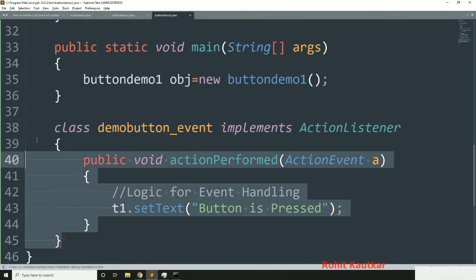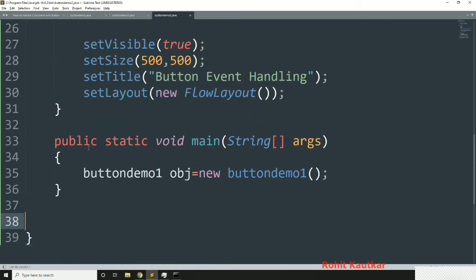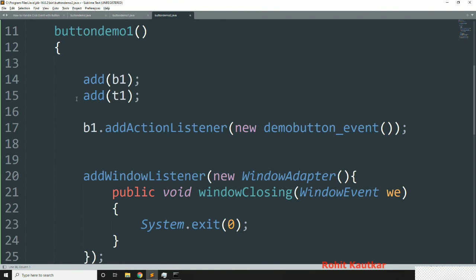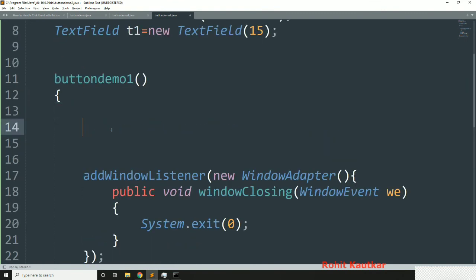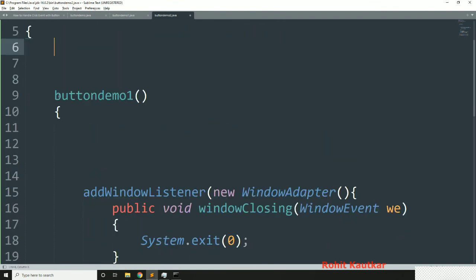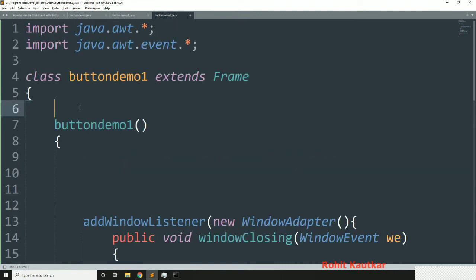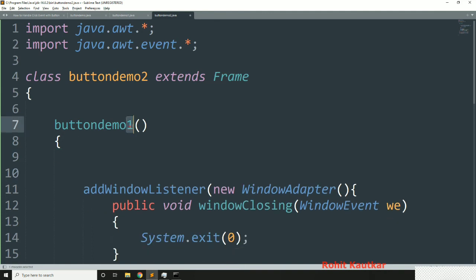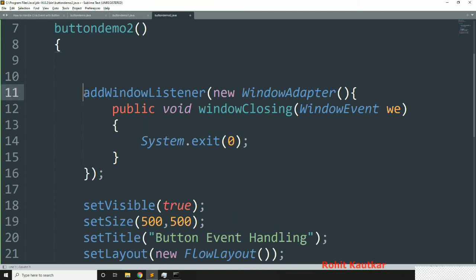I will remove all the unnecessary things and keep just the basic things. Okay, the basic structure is ready. Here you can see two packages, and this class name should be ButtonDemo2, which is extending the Frame class. There is a constructor available, so its name should be ButtonDemo2, under which